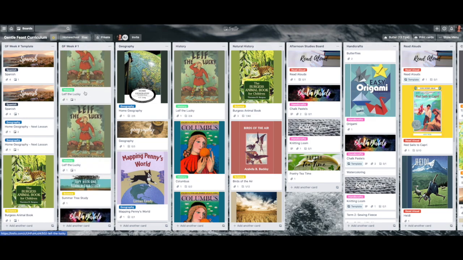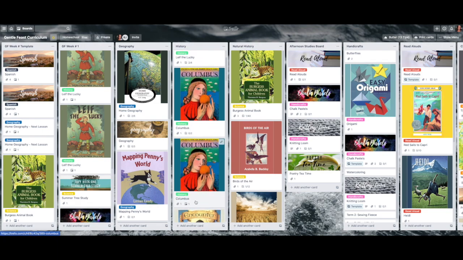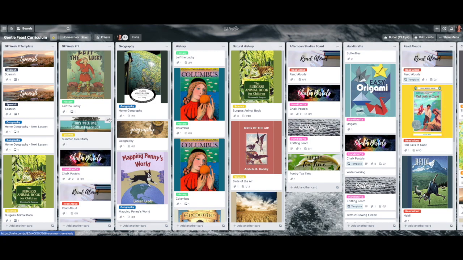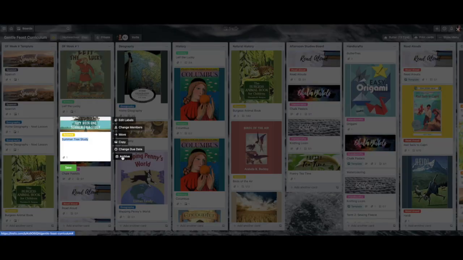because I may not be working on that book for history. So I might just have to take that off and put on this. I have this one already linked for the next card, so I might just need to drag that onto there. So what I can do is just delete here. I don't know why they don't have delete, they just have archive. I'm going to go ahead and take this nature one out too,